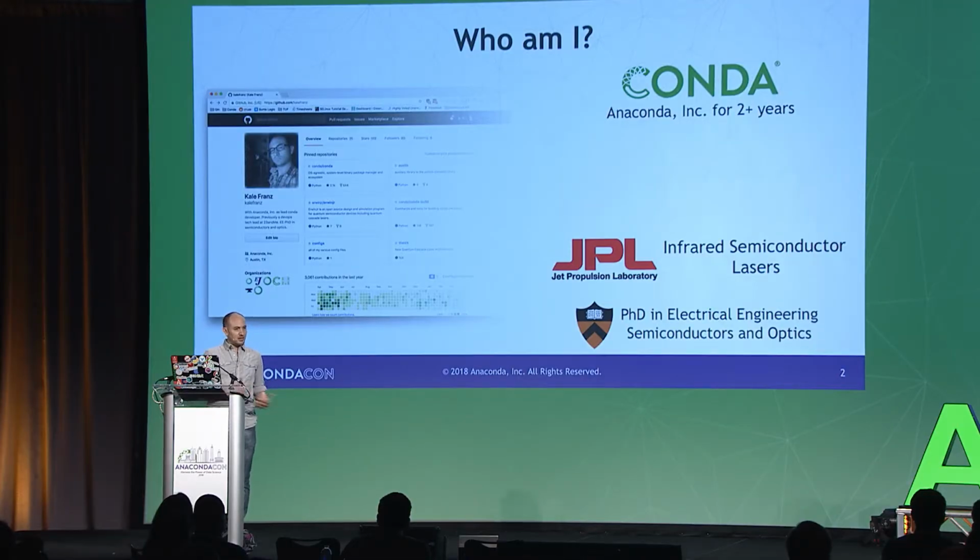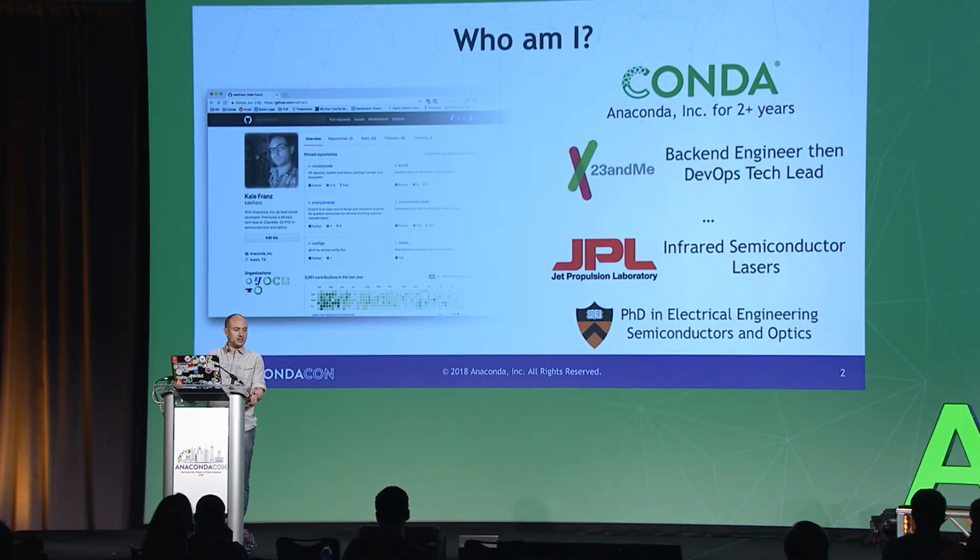And I was doing a lot of modeling and decided, you know what, I actually like software better. It's more predictable, I have more control, so that's what I did. Went and worked for a social media company, doing large-scale web stuff for about a year, and then worked for a biotech company in LA and decided, if I'm going to do software, I might as well live in San Francisco where it's all happening. So I moved to San Francisco and worked for 23andMe for almost 3 years. Started as just a back-end developer, but then really got into DevOps and took over a portion of their DevOps for a year or so.